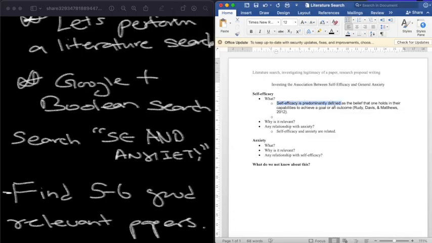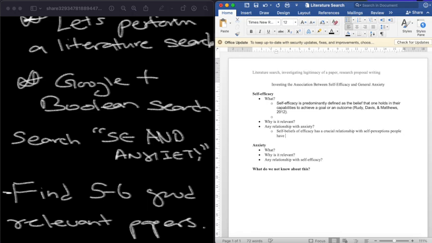Self-efficacy is predominantly defined as the belief that one holds in their capabilities to achieve a goal or an outcome. And self-beliefs of efficacy have a crucial relationship with, let's say, self-statements. So let's say self-perceptions